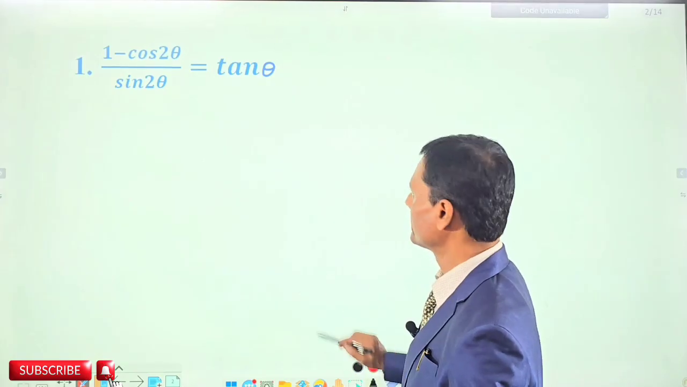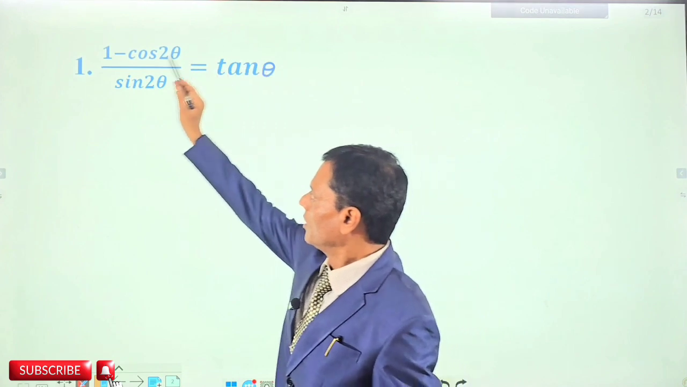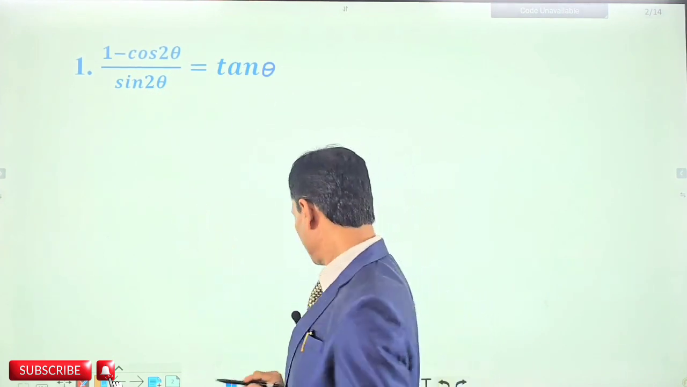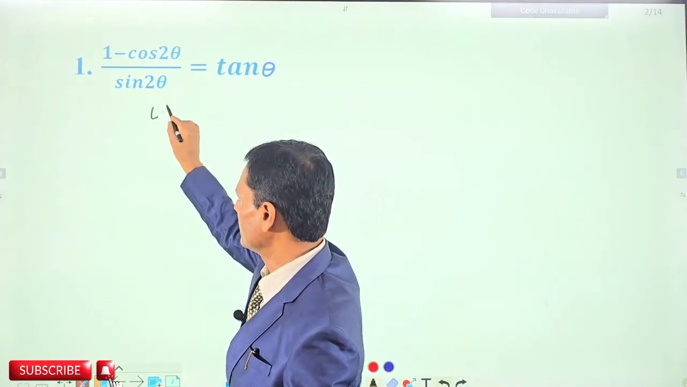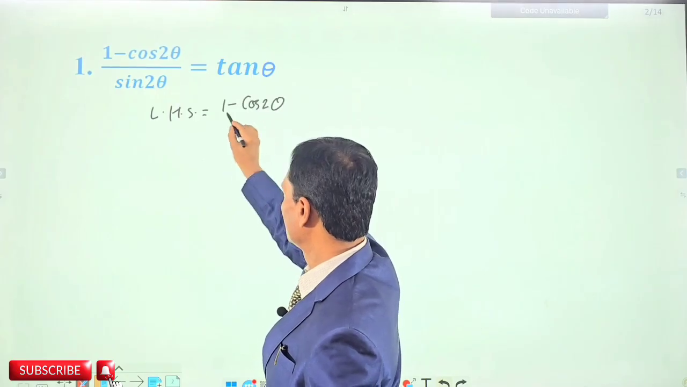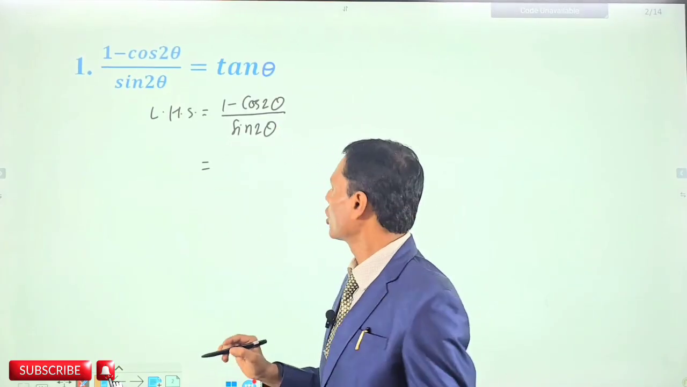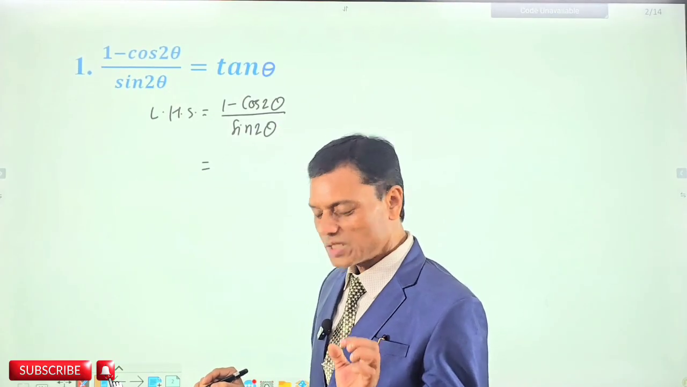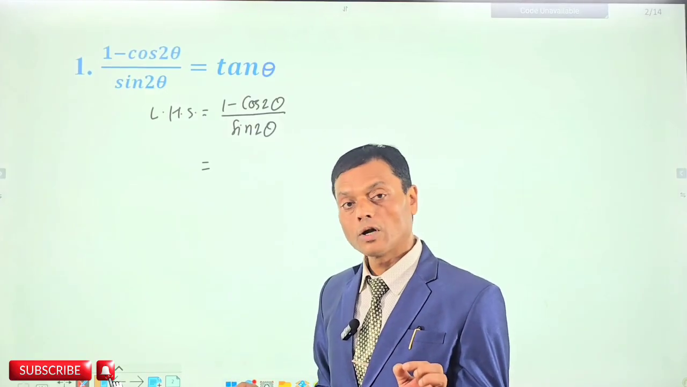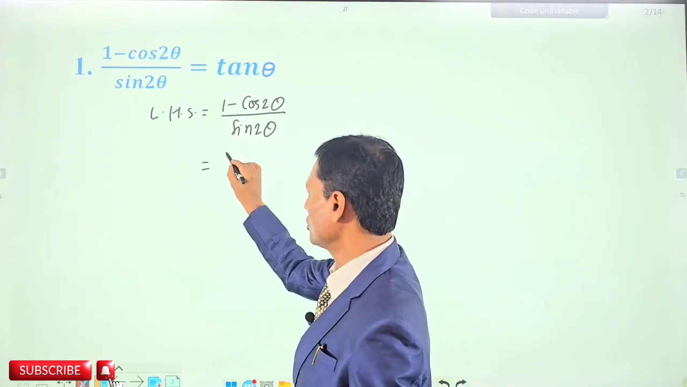First question you can see: (1 minus cos 2 theta) over sin 2 theta equals tan theta. First of all, we are going to choose the left hand side. Left hand side equals 1 minus cos 2 theta over sin 2 theta. 1 minus cos 2 theta has one special formula: 1 minus cos 2 theta equals 2 sin square theta, and 1 plus cos 2 theta equals 2 cos square theta. So we can write 1 minus cos 2 theta equals 2 sin square theta